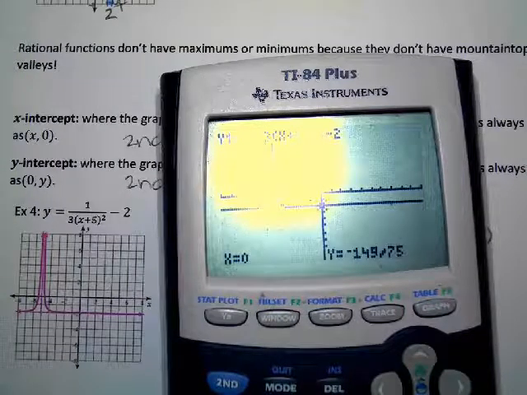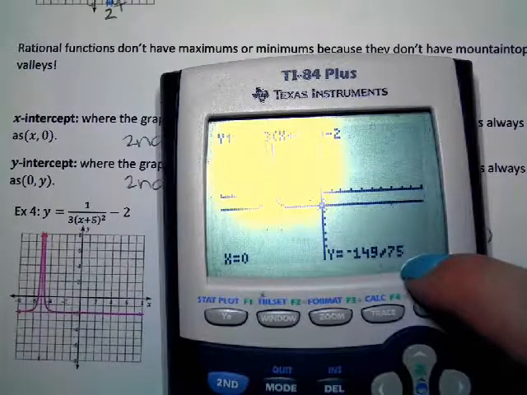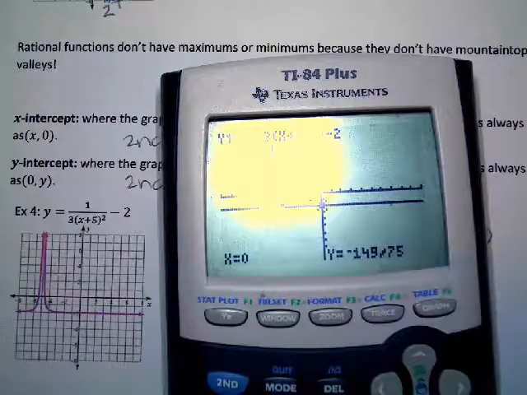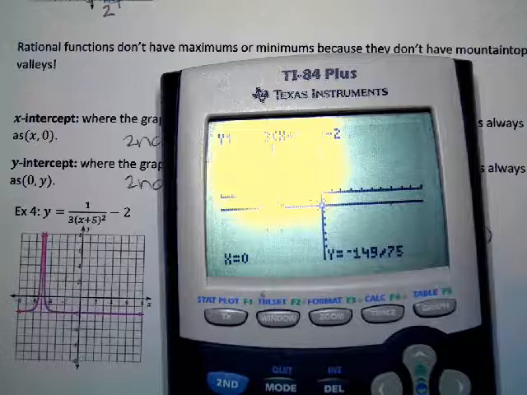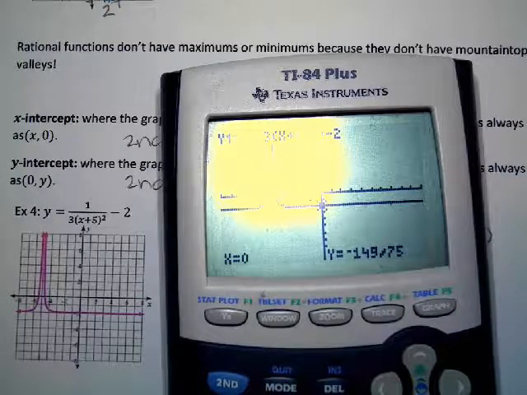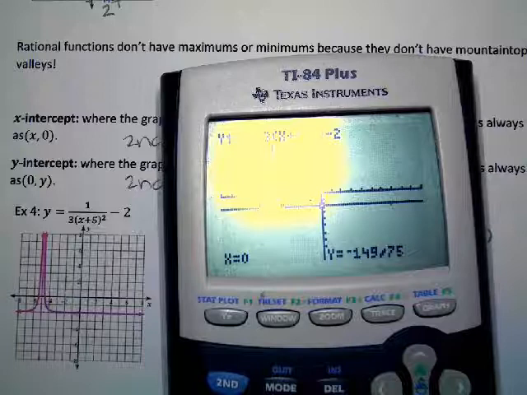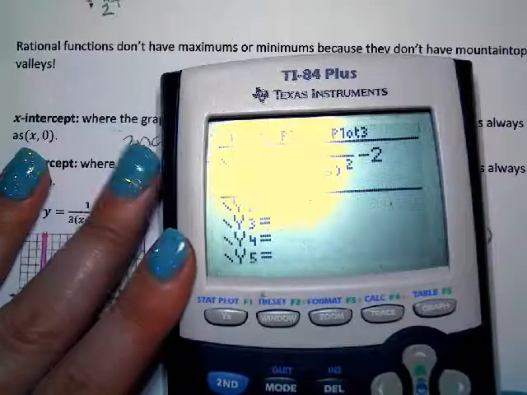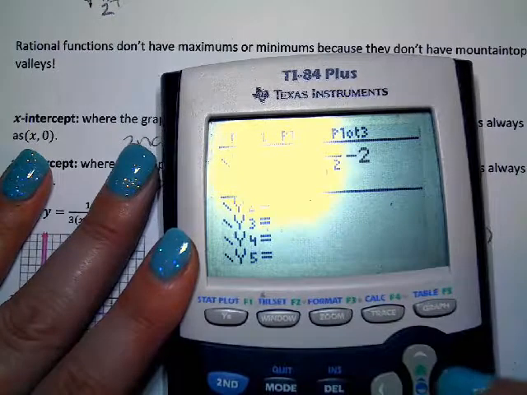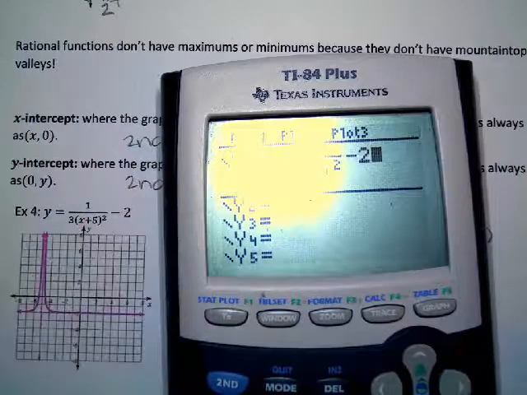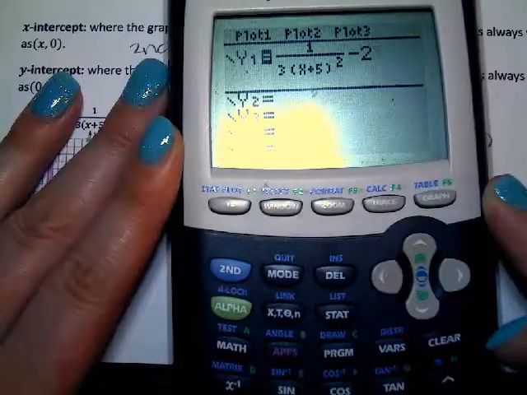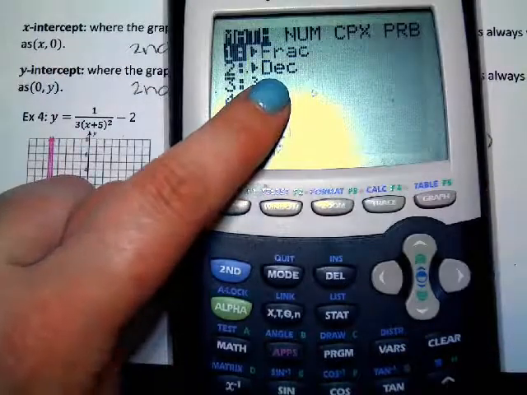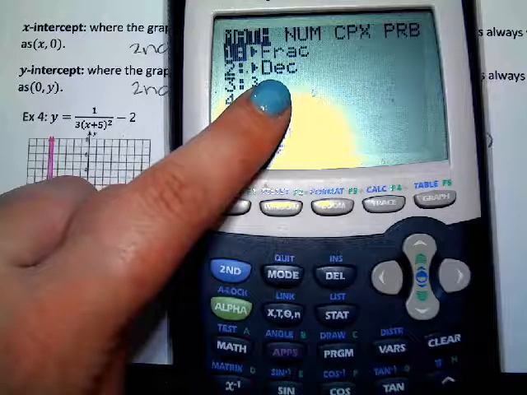Now, if you do not like this, because that is a very not nice fraction, the reason it gave us the answer as a fraction is because when we typed in the function, we typed the function as a fraction. So if you don't like that because it's uncomfortable to you, go back into your y equals, take your equation, go to the very end, hit the math button, right down here. Option number 2 says turn it into a decimal. So if you go to the end of your equation and hit turn into a decimal,